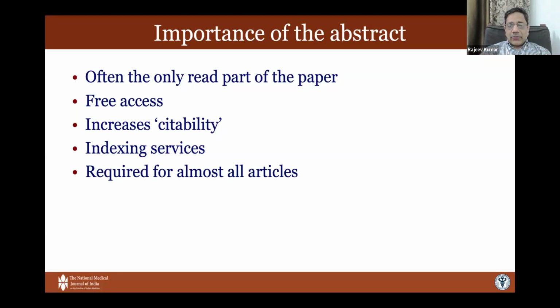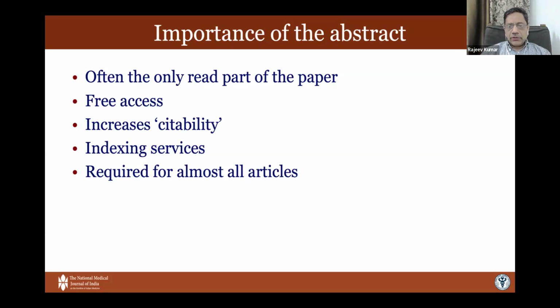If your abstract is well written, or if your abstract is what other researchers are looking for, you're more likely to get a citation. A citation means somebody quotes you when they write an article. And when you grow up in your scientific life, you want citations more than just papers. You don't want to write 20 papers which nobody has read. You want to write 5 papers which 4 other people have cited. So that increases if you've written a good abstract.